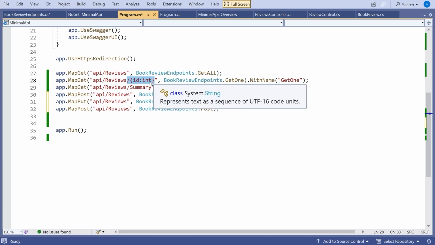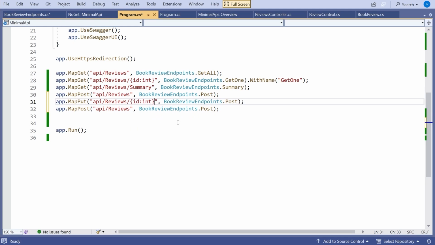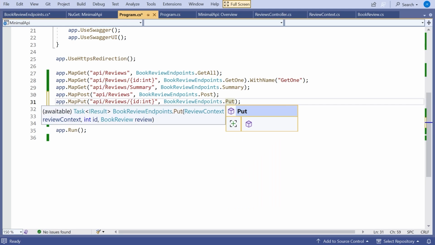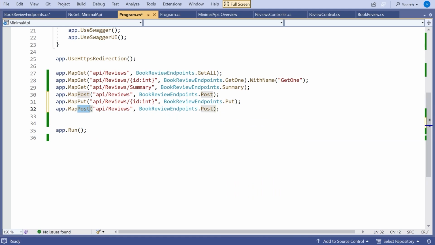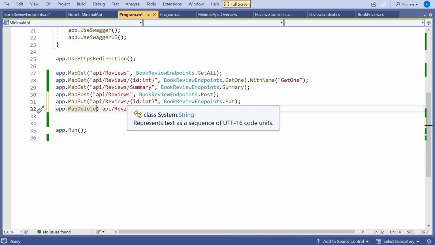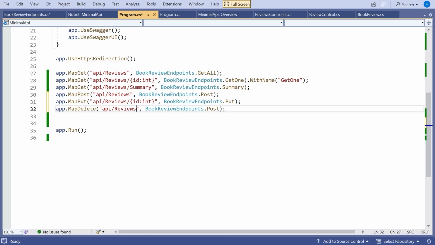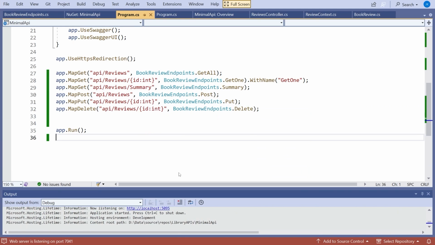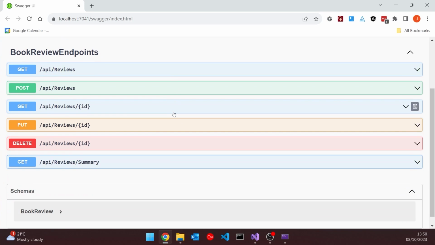Just like the get one, it needs to have the ID on there, and actually the same for delete. So if we delete that and pop that on there and change that to delete. Now we should have all of those if we run that up. Then we can see we've got the three gets, the get all, the get one, the get summary, and we've got the put, the delete, and the post. All of those working just as they should be.